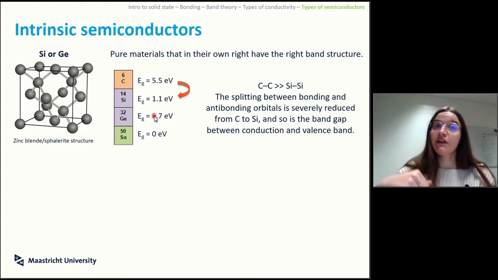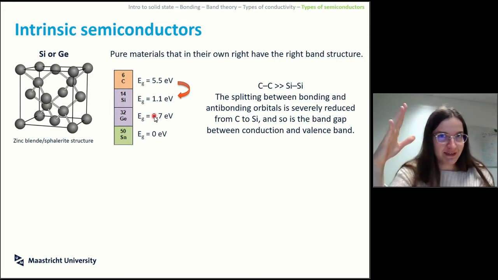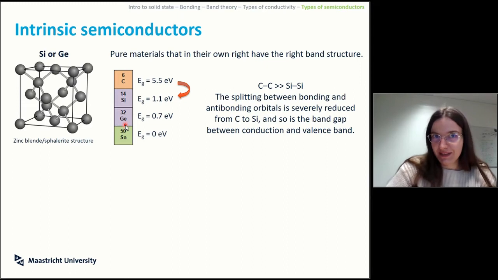And as you go down in a group, that's the point where the periodic table has the transition between metal and semi-metal, and you end up in tin, and tin as a material has a 0 electron volt band gap. It's a metal. There you don't have to jump anything, it will conduct electricity as it is. Why does this happen? Because of the intrinsic characteristics of